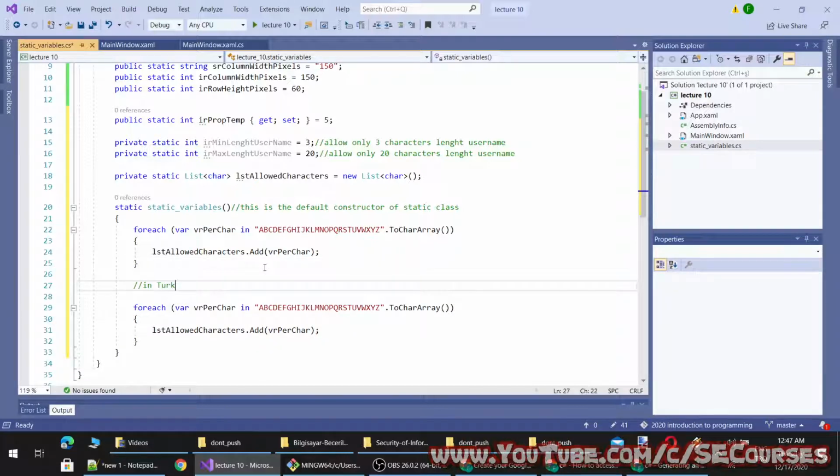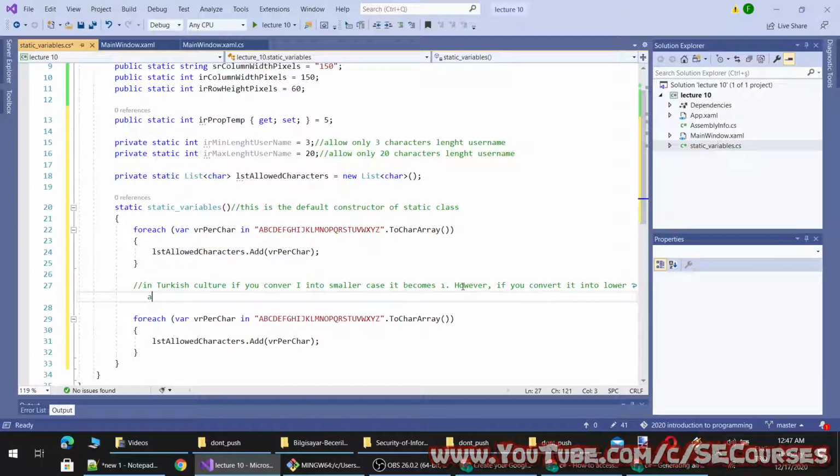In Turkish, if you convert I into lowercase, it becomes a different letter than in English culture.